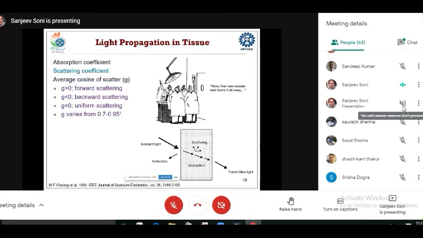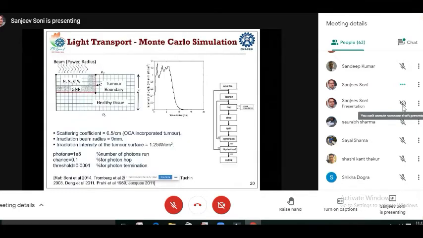So you can see this cartoon. They say that when lasers were invented, they said, okay, lasers are such a good technique that it's possible to burn everything with the laser. But nowadays, it comes out that we should be able to burn only the desired tissue, not the tissue surrounding it.